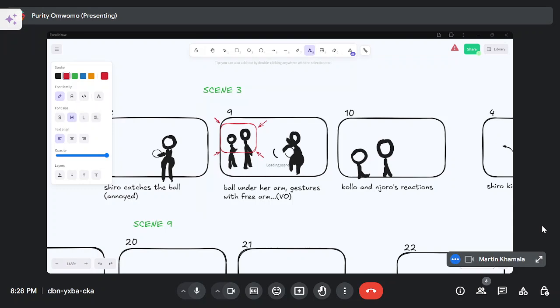So I think firstly, I agree with Purity. It's like afternoon going to evening, and then we shift to night. I wasn't really thinking much about the weather.